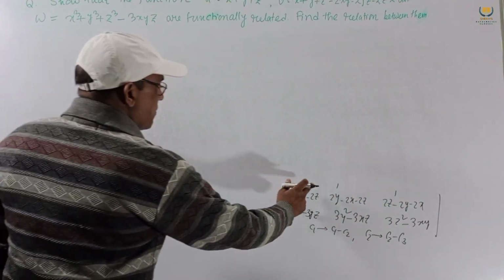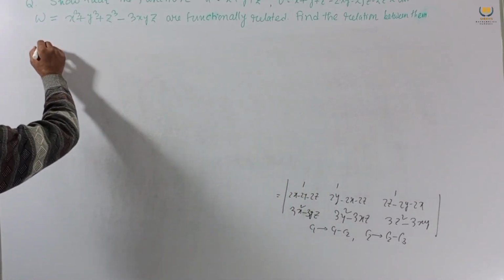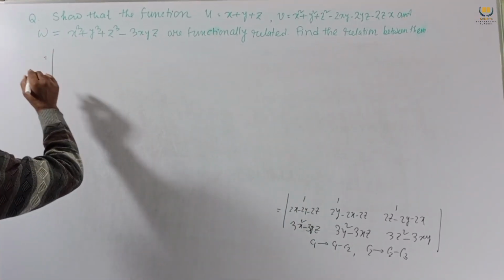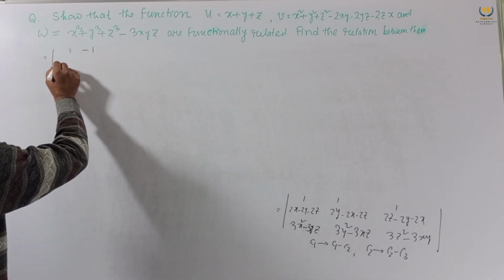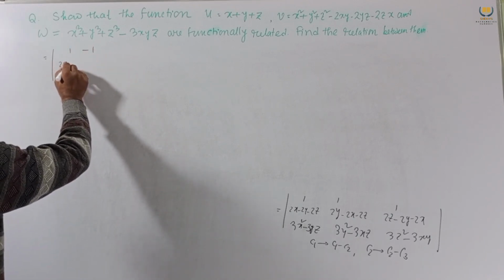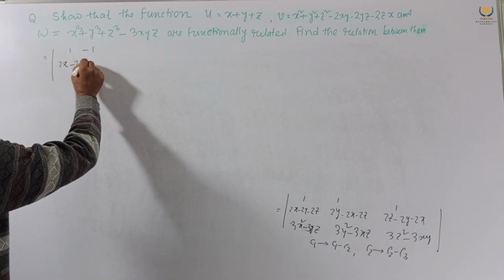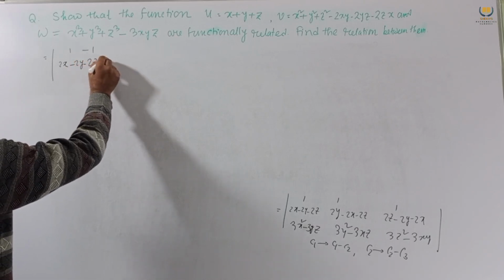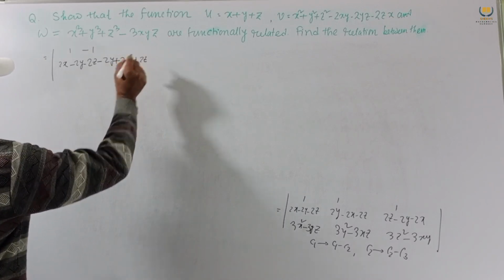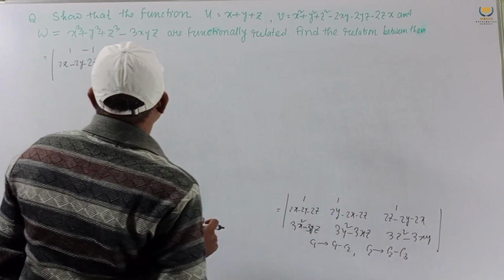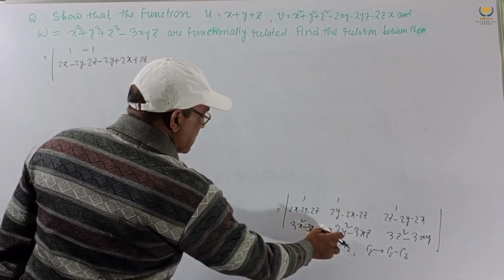So this minus this, we get 1 minus 1, next 2x minus 2y minus 2z minus 2y plus 2x plus 2z. Just subtract this minus this,